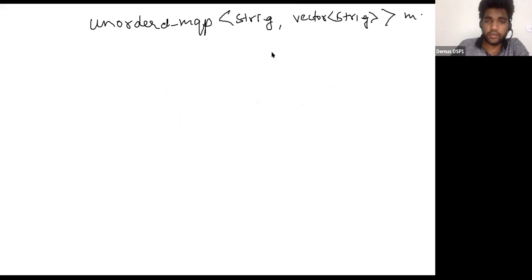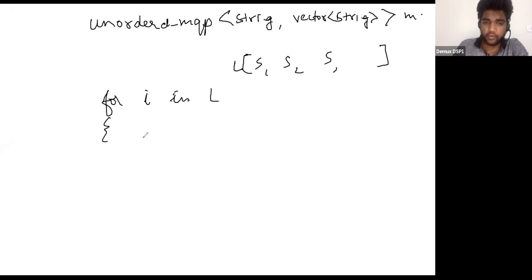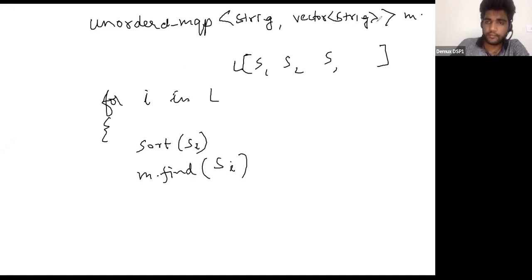Now what I do is I go through, so now I have a list of strings that I am given, S1, S2, S3. Now I go through every element in this list L, and what I do is I sort SI, and then I can find SI here. So if I find SI, and if I found it,